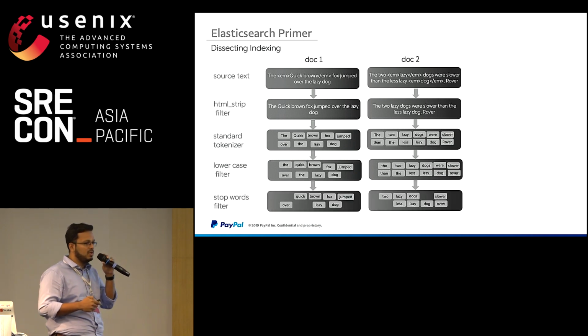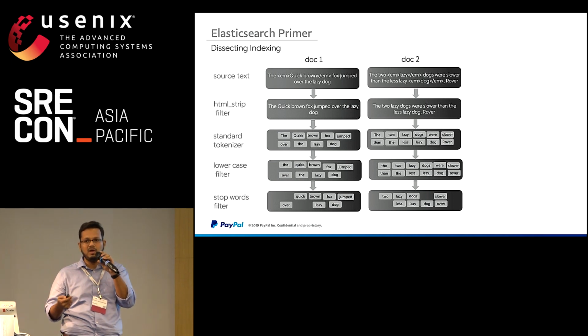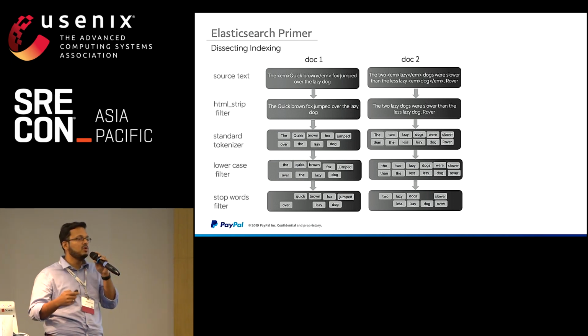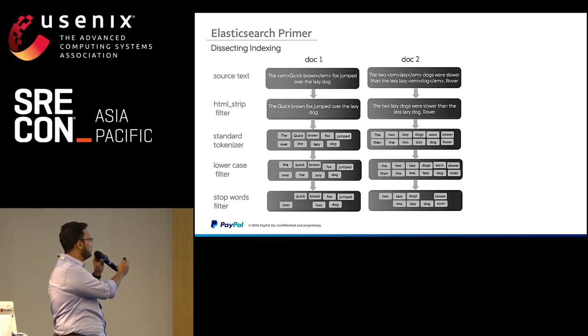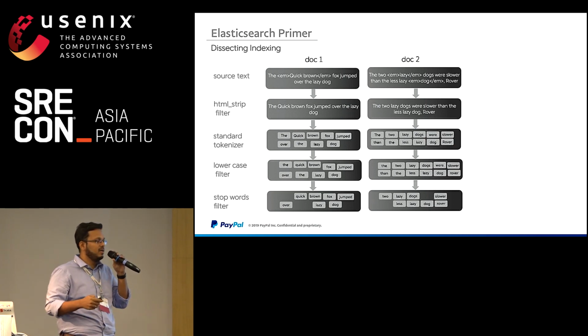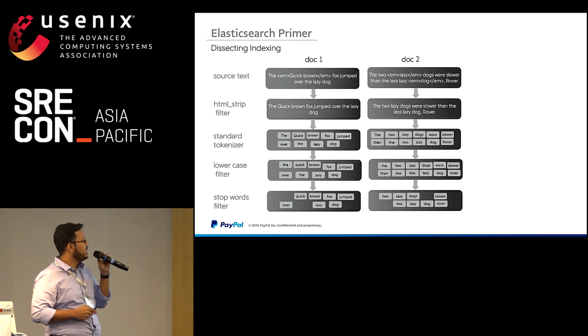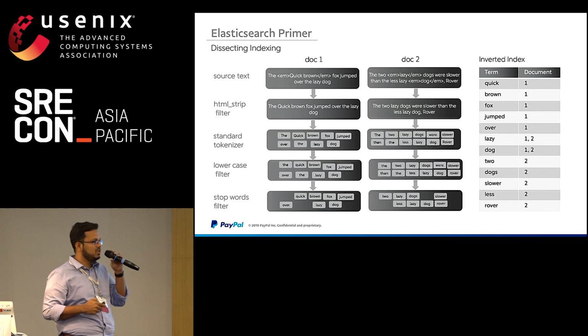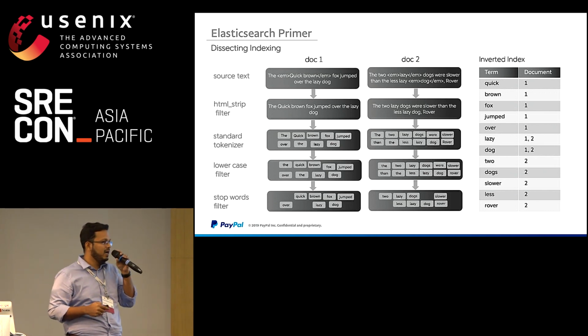And then it removes stop words. You can define what the stop words are. If you don't provide them, the default English stop words are used. Those stop words are not indexed. So the output of this is what is persisted by creating what we call an inverted index. The way it makes search faster is by mapping these 2 documents, so each of those individual terms is converted into an inverted index.